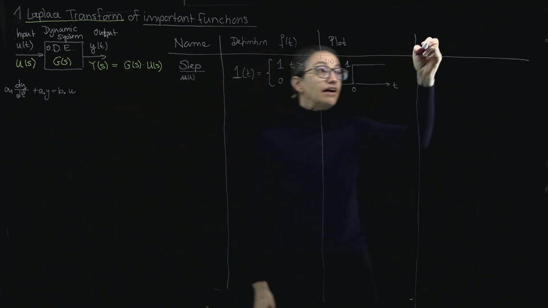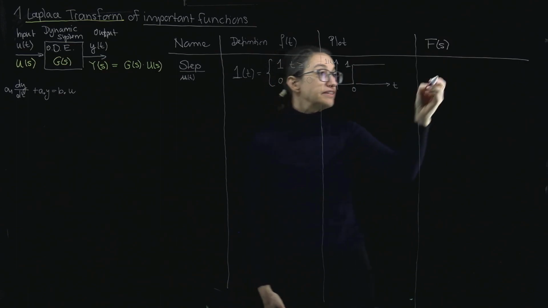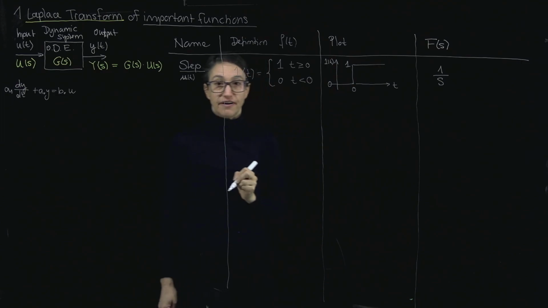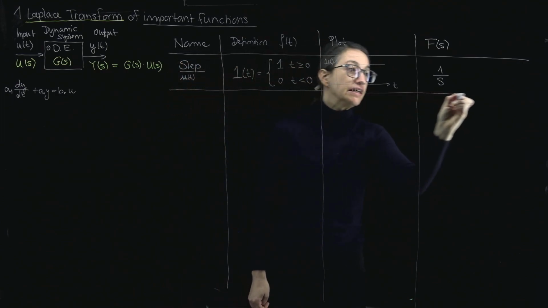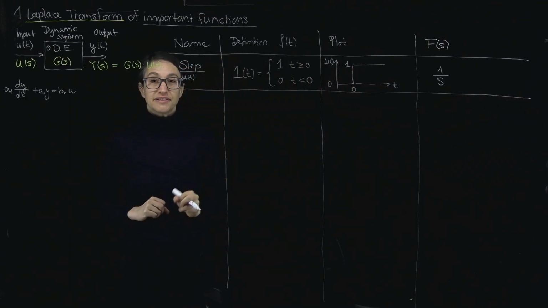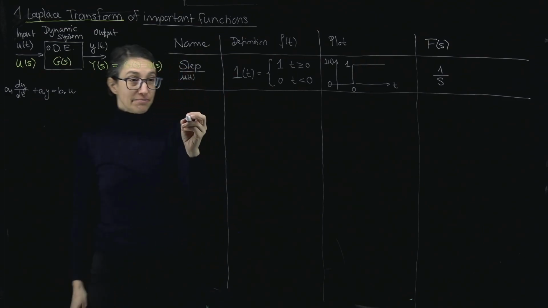And now I need to know what the Laplace transform is of this function, and it's very simple. It is 1 over s, or 1 divided by s. So this is our all-time favorite, most important signal for control systems. Another important